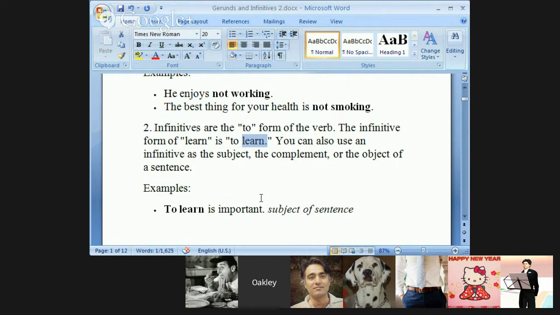Another thing you should know about infinitives is that we have something called bare infinitives, where we use the verb, but in fact, there will be no to. This happens in conjunction or co-located with some specific verbs. It also happens after modal verbs. So keep that in mind as we continue.